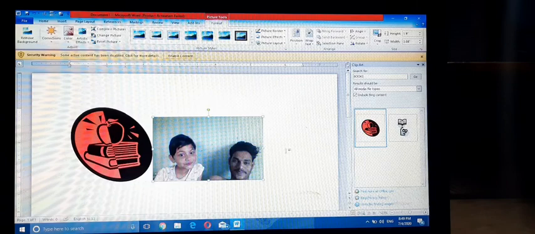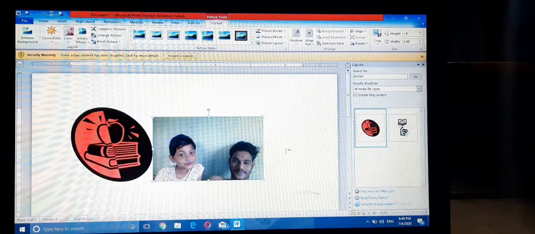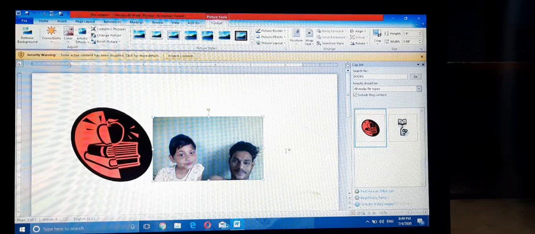But in linking, a copy of the source file is linked with our document. Anything we update in our document also makes a change in the source file. Okay. I will show you how to embed a linked object.